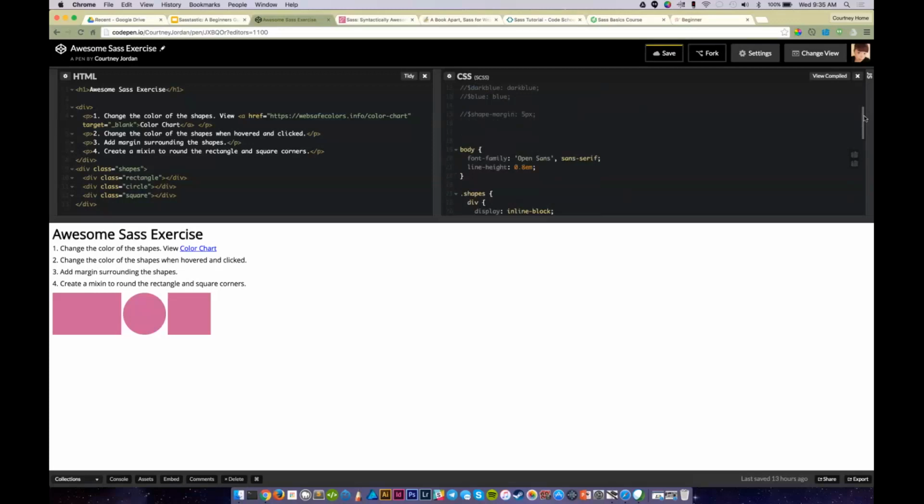And I'm changing my rectangle to sky blue. And then scroll down to your circle. There it goes. And square.